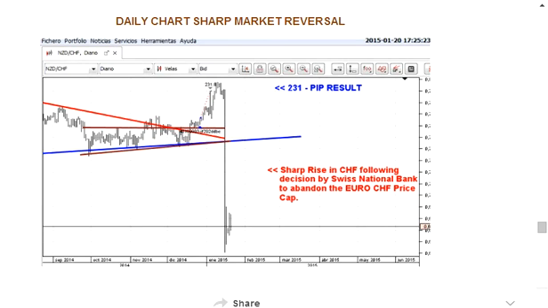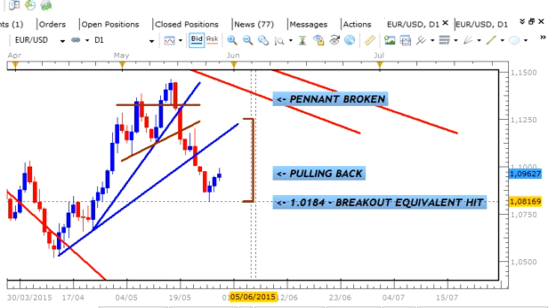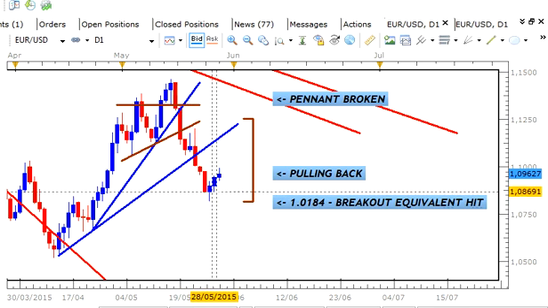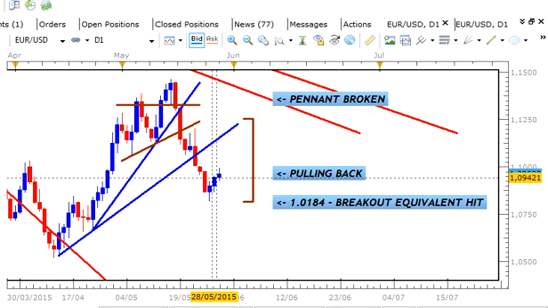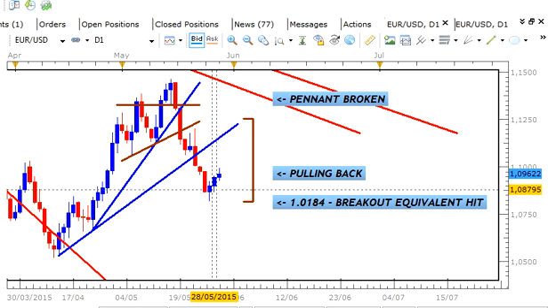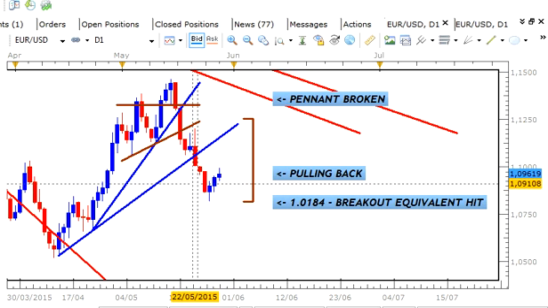As I said, this is an extreme example of what takes place, but in general, you do find that the market will pull back at that breakout equivalent for consolidation breakouts. So it's very important to spot these areas and to know that your profit target should be set at that area, and that any entry at that area is going to be risky, no matter how strong the candles appear to be,